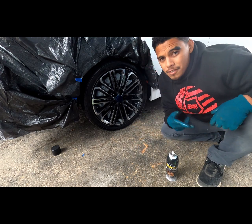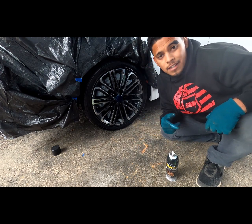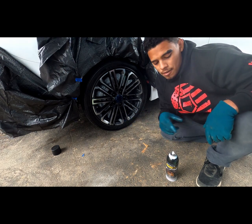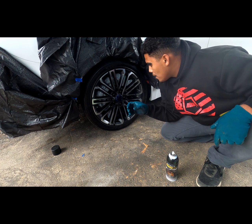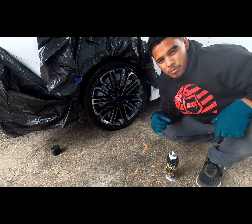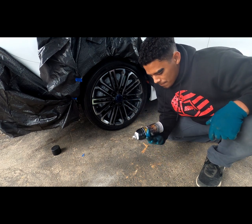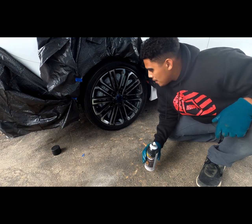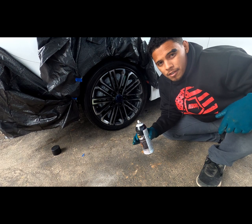Alright, so the biggest thing is make sure that napkin or paper towel is clean, because you don't want to drag dirt or whatever else you've got on those paper towels onto the wheel. What I saw is that this is pretty thin. It's very watery, liquidy, so you definitely don't need a lot on that first coat,